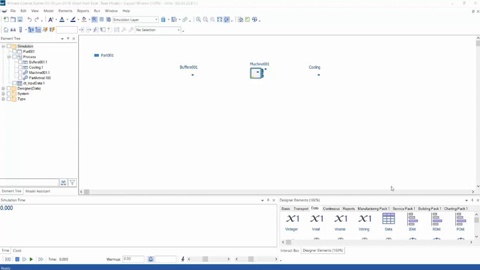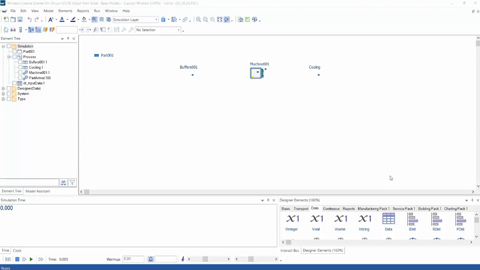Data tables were introduced as part of Witness 21 and they are a mixed type group of data, a bit like a database table or a data frame from other software. You're now able to bring data directly into them from Excel and CSV flat files. So I'm going to be showing you how to bring data into that table at the start of your model